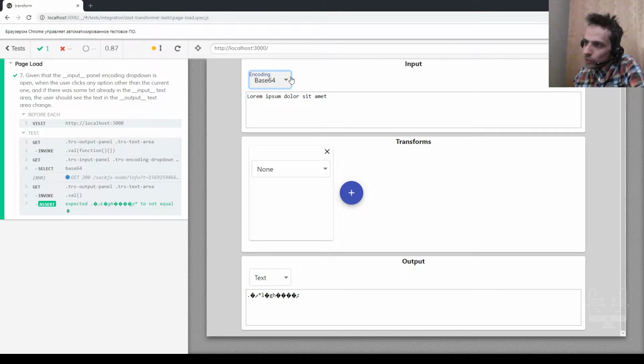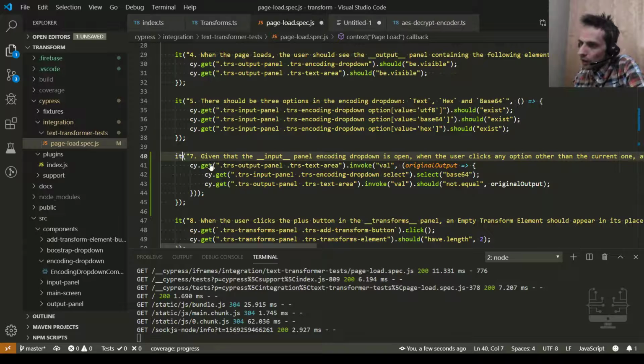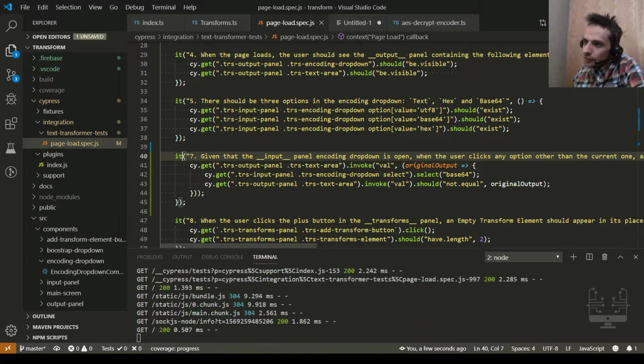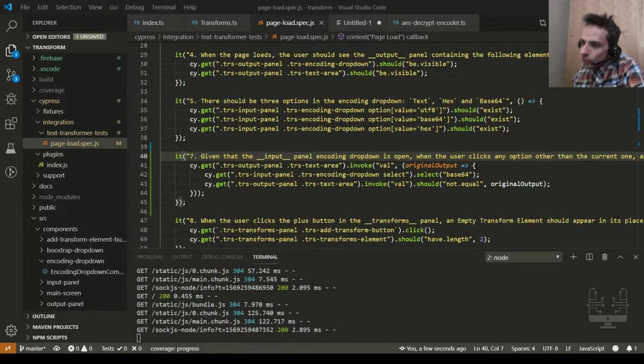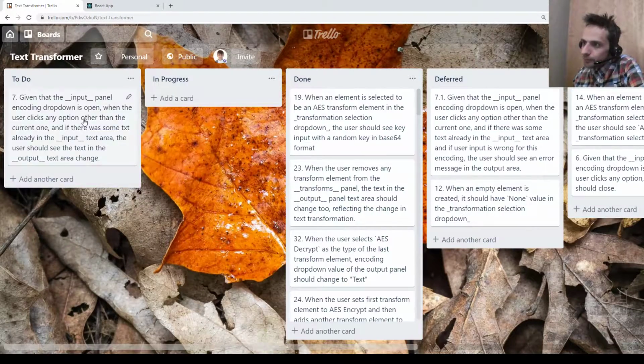So that's what happened. We changed to base 64, and because input encoding changed, of course, now it thinks that this is base 64, but this is not actually base 64. And the output changed too, of course. Now this one we also can consider completed.